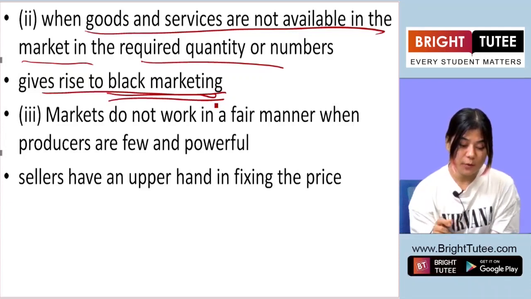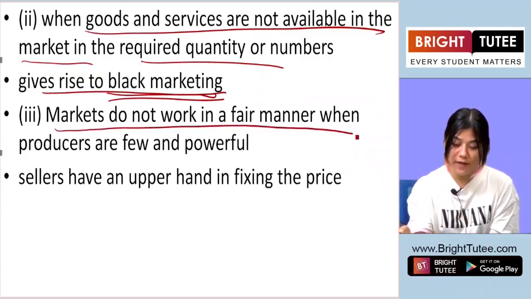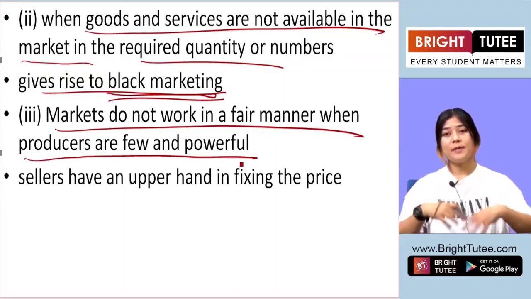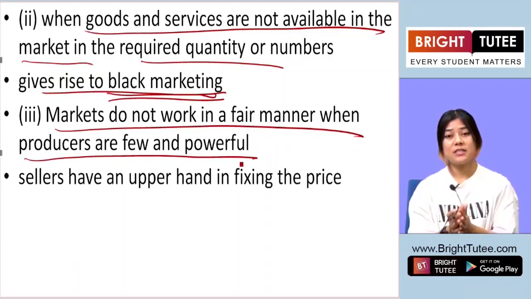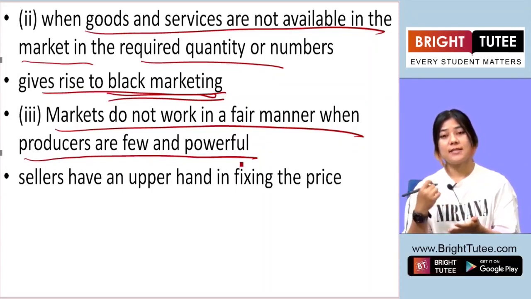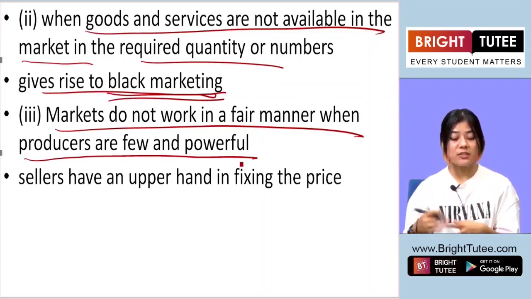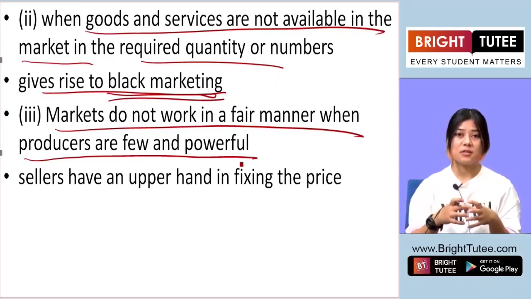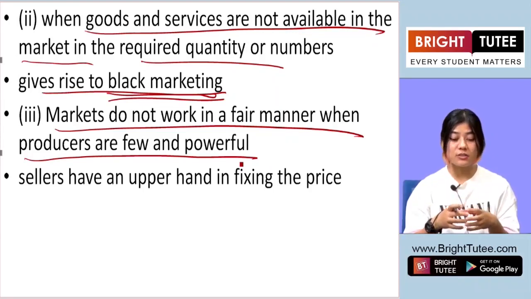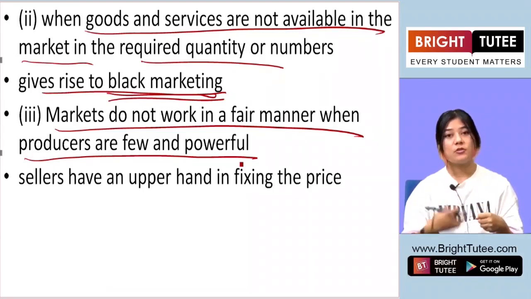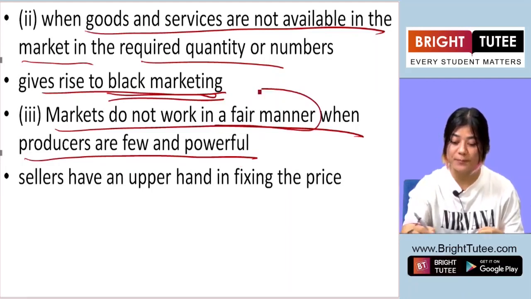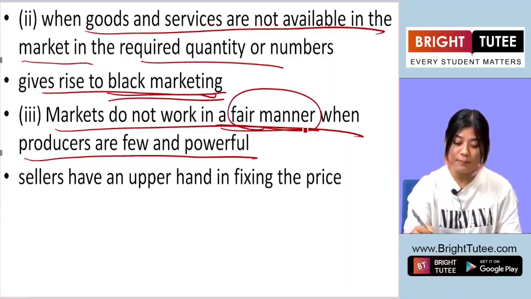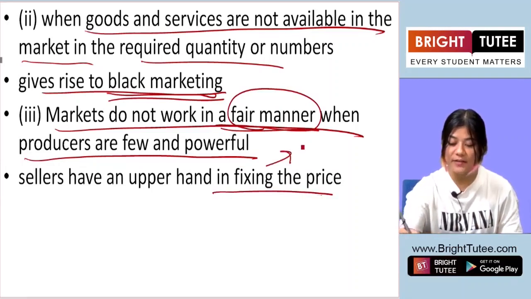Okay, the third point, markets do not work in a fair manner when producers are few and powerful. So when the economic activities of production and distribution of goods and services are controlled by few and powerful members or few and powerful institutions, then what do they do? They do not operate the market in a fair manner. Okay, they exploit the consumers. How do they exploit the consumers? By fixing the price at a very high rate,